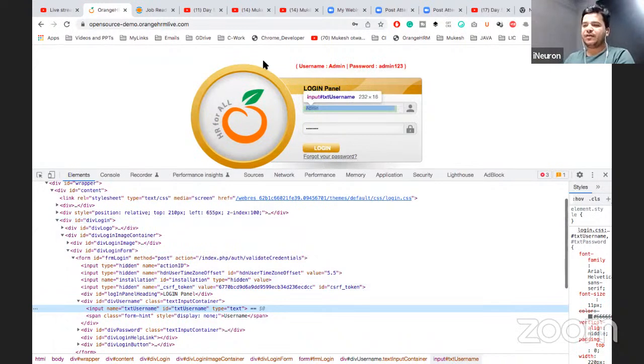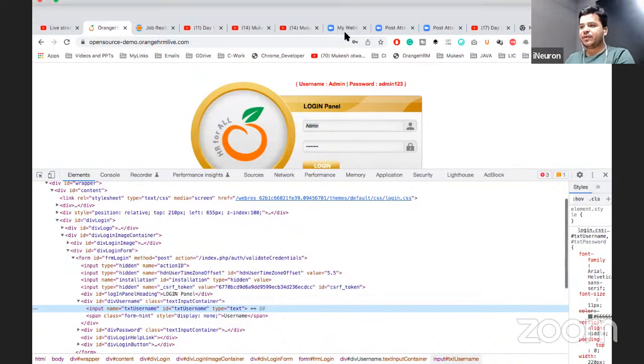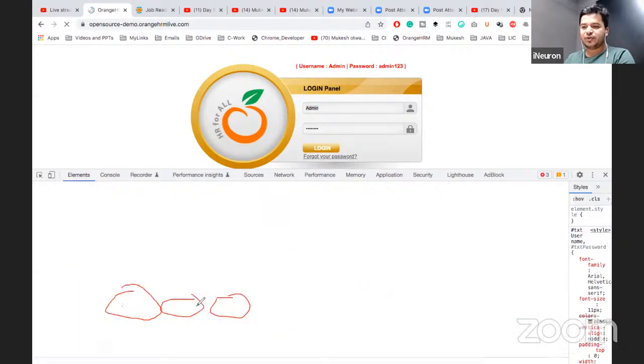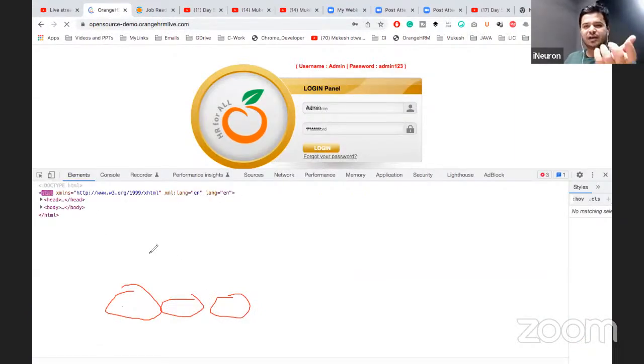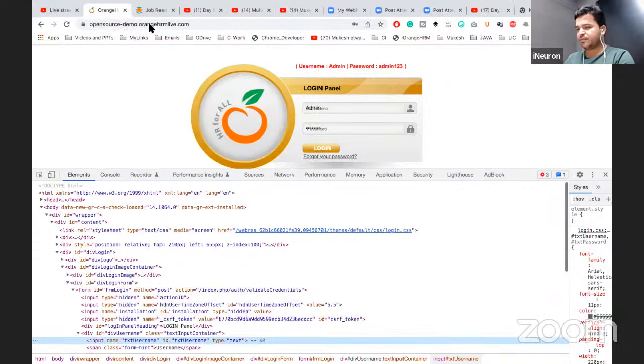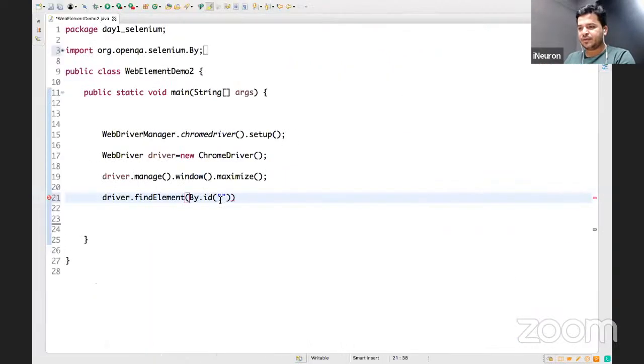Now what I will do, you can see I have a name here, right? So I have a name, I have an ID here, I have a type. So these are basically called attributes. Each HTML tag has a single attribute or multiple attributes. So we got 3 attributes this time. So if I take the ID, let me close this drawing. And if I go back to Eclipse, and if I type text username,